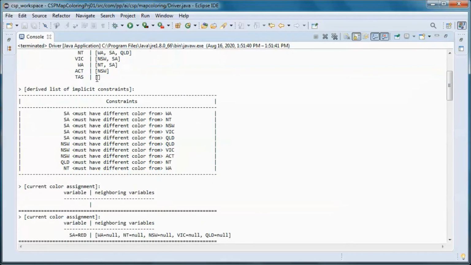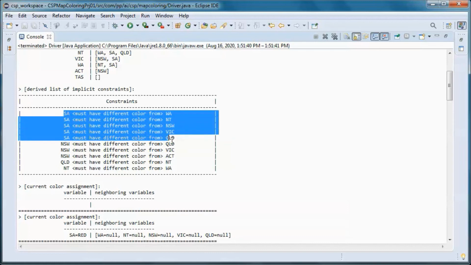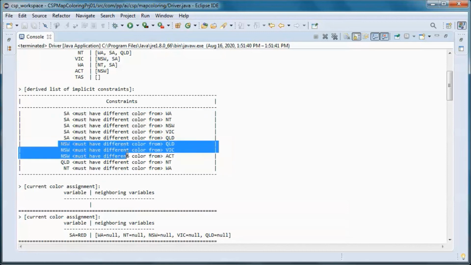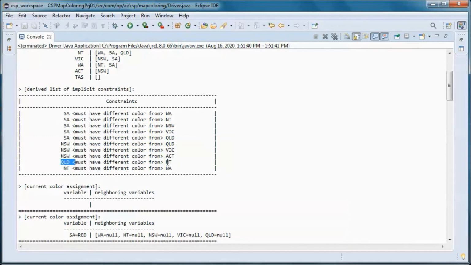And we end up with this derived list of constraints. So this state cannot have the same color as any of those 5 states, and same for this state, cannot have the same color as any of those 3 states, and this one cannot have the same color as this one, and this one cannot have the same color as this one.